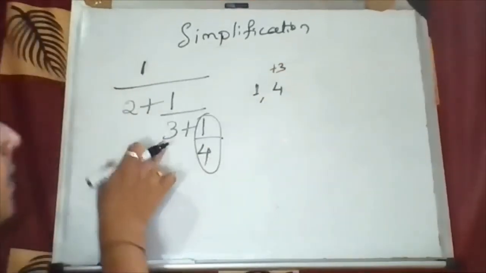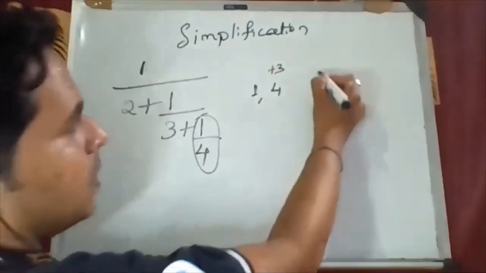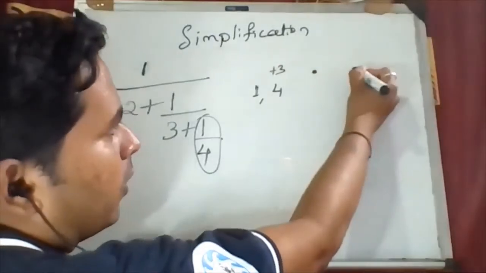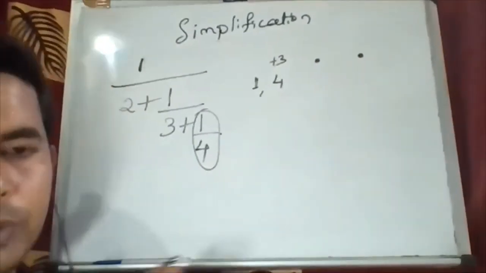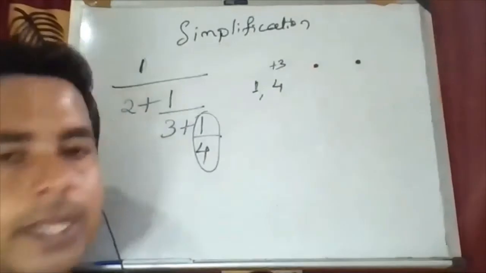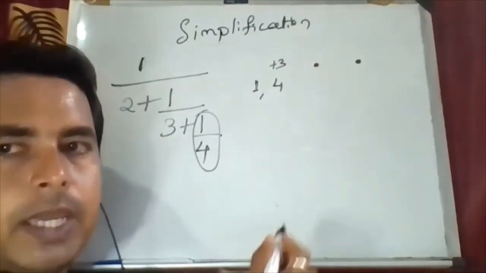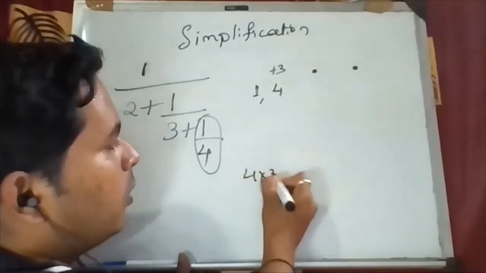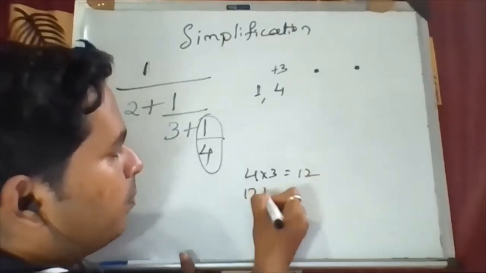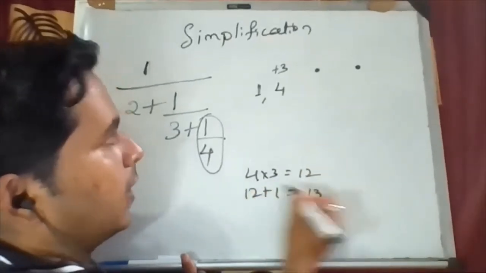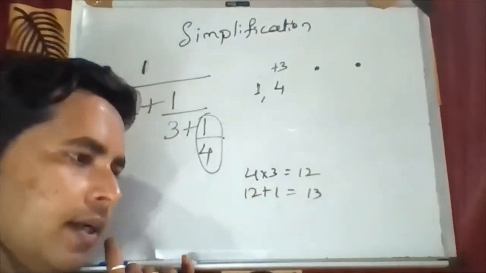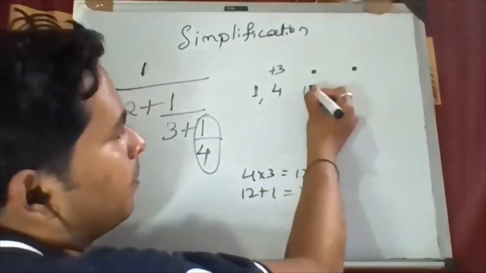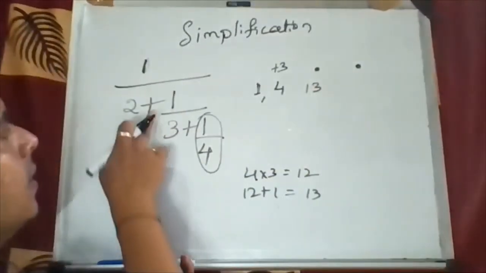Then how many steps are here? 1 and 2 are remaining steps. So 2 dots. Okay. Now what you have to do? Multiply this. 4 into 3 is what? 12. Okay. 4 into 3 is what? 12. Add this 12 with the previous number. So you'll get a 13. So write here 13. And here, इधर क्या है?